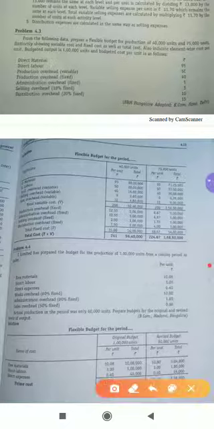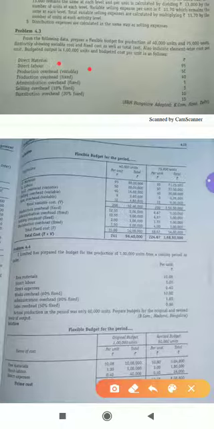Now look at here, first you have to identify one by one whether it is variable cost or fixed cost. Direct material is always variable cost. That means variable cost per unit will remain the same, but total variable cost will change. Direct labor is also variable cost. And production overhead, within bracket they have given variable. Please remember, variable cost per unit will remain the same, but total variable cost will change.